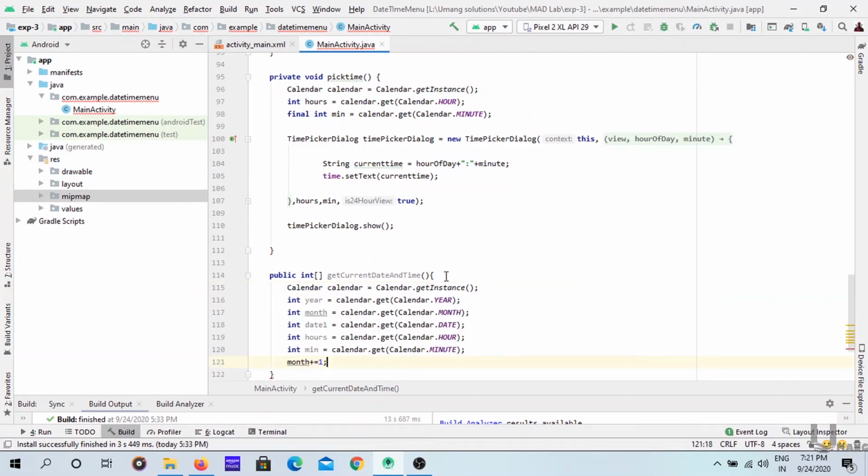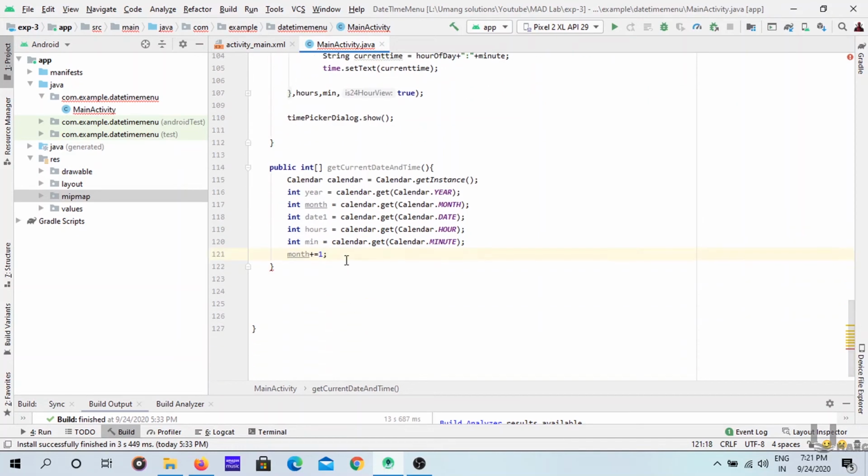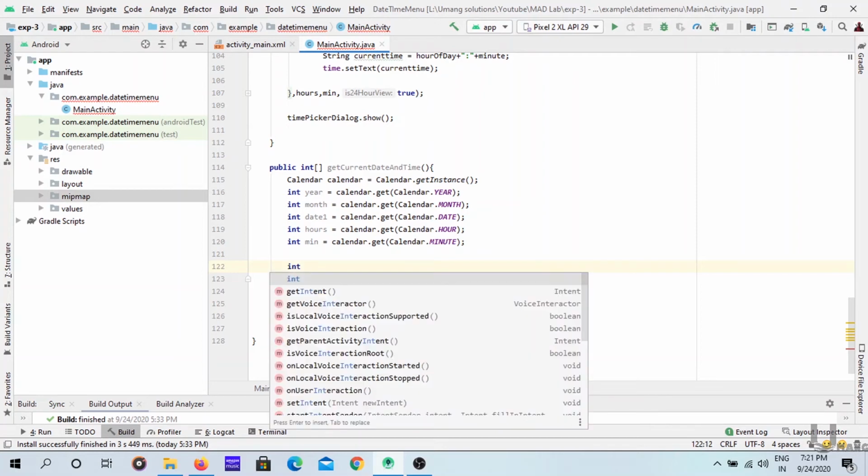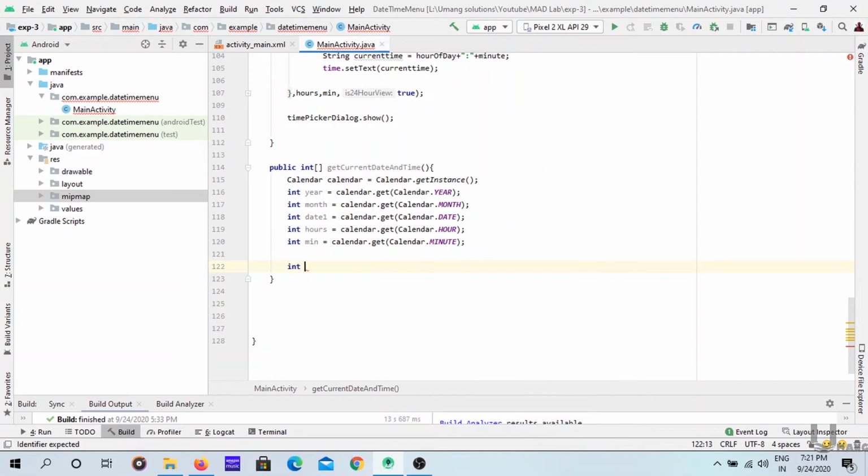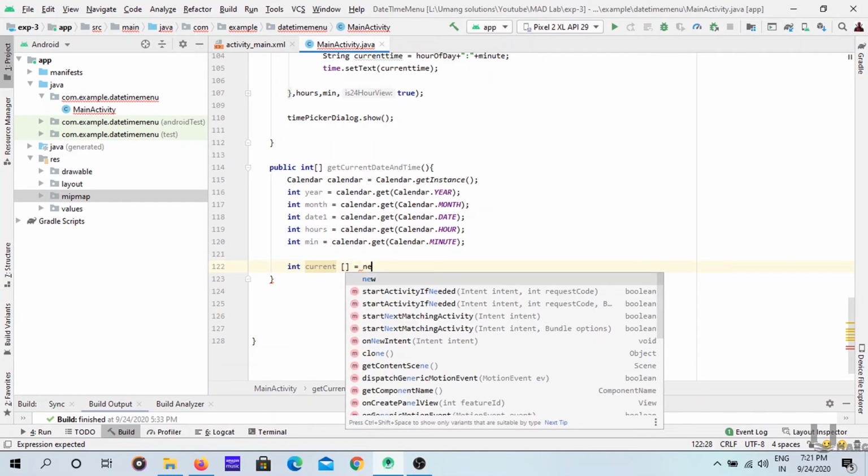So let's paste the repeated lines, remove the month increment, create one array, this is the integer array, int current equal to new.